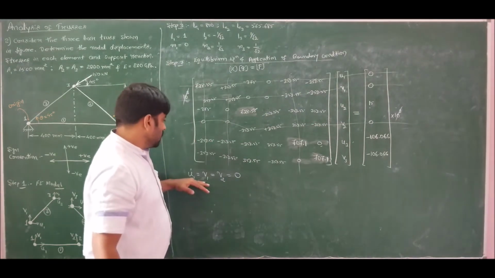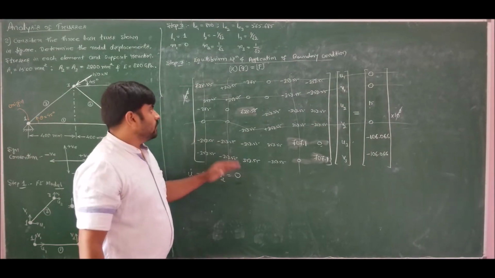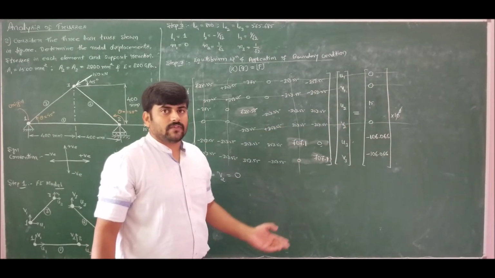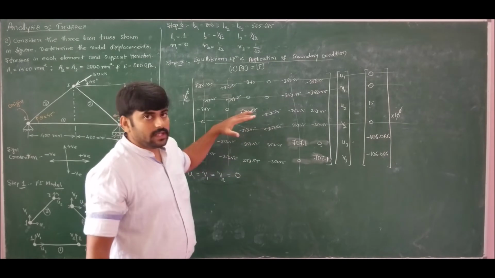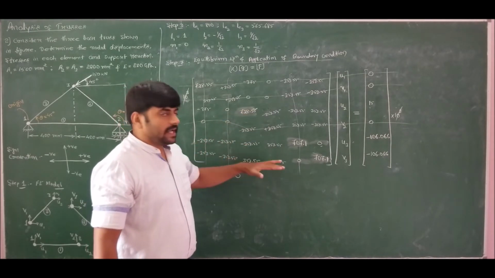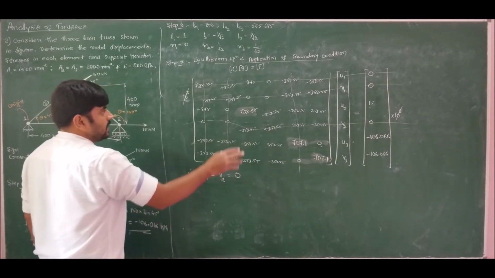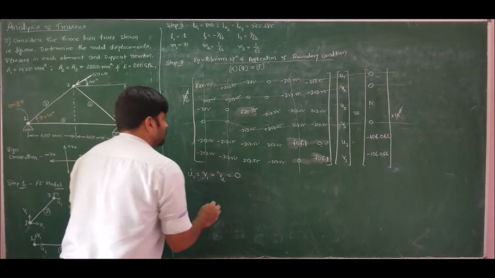If you clearly observe, the displacements are equal to 0. Therefore, if I multiply and take to RHS also, it will become 0. It does not have any effect. So if I solve for the remaining terms in this matrix itself, I will get the correct answer. That is, we are left out with